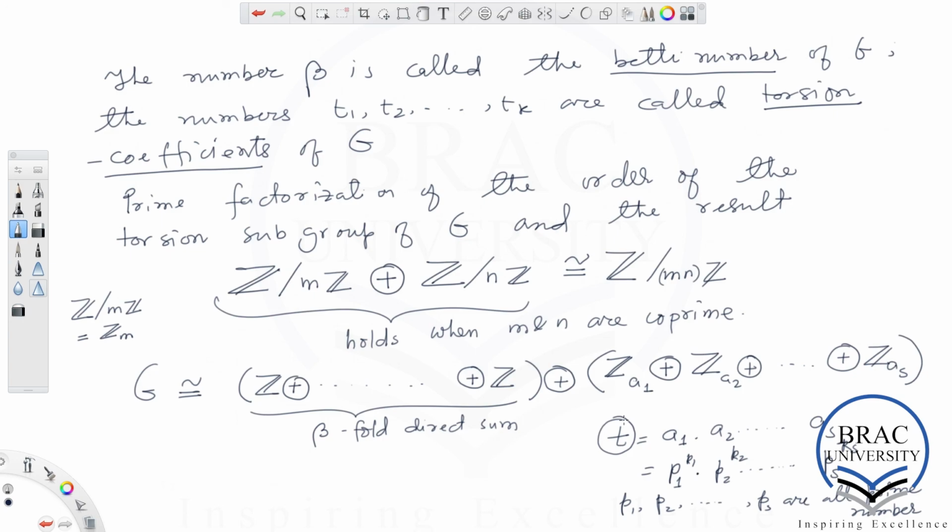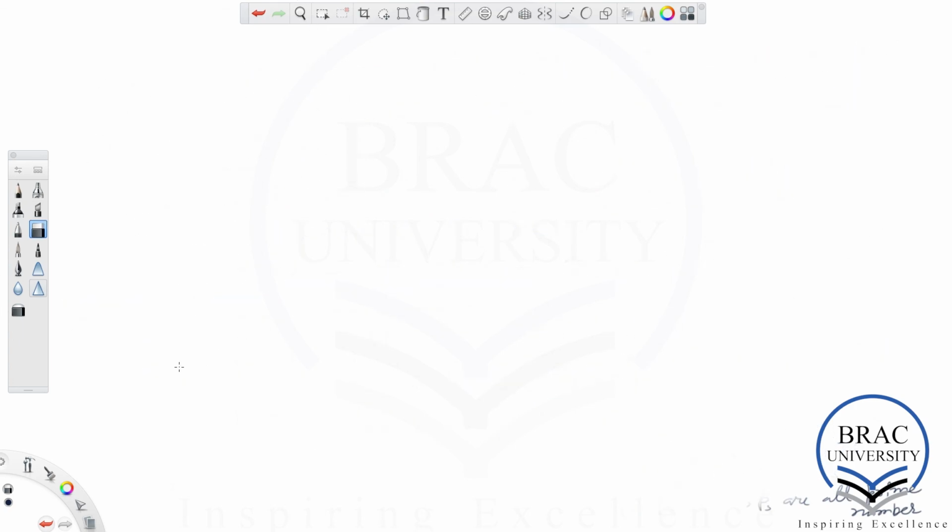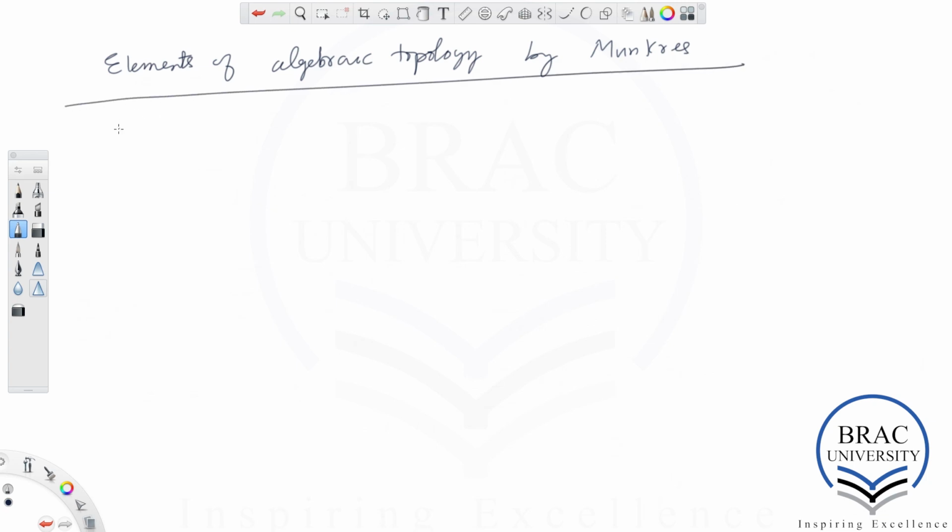Now that we are almost at the end of the sixth lecture, let me list a bunch of exercises for you. It will be very useful if you go over the exercises. The book that we are following for the contents that we are having currently is Elements of Algebraic Topology by Munkres.